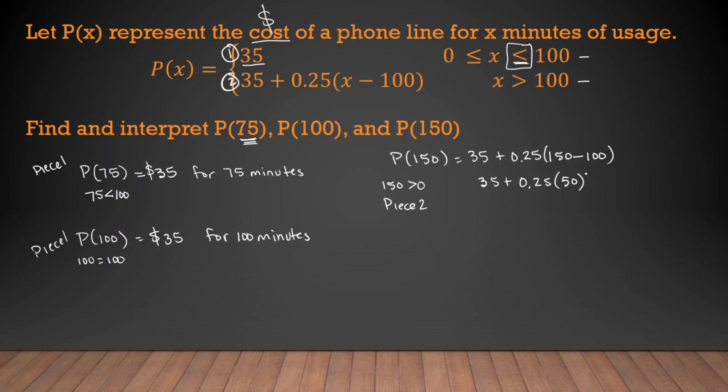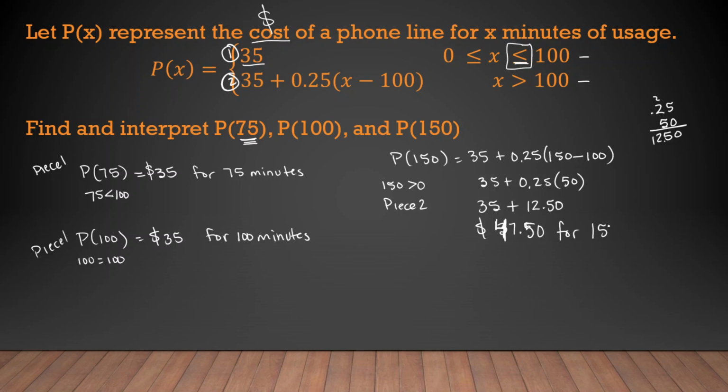So how much money is 50 quarters? Well, if you're not sure, we can take 25 cents times 50, and we get $12.50. So I have 35 plus $12.50, and I get $47.50